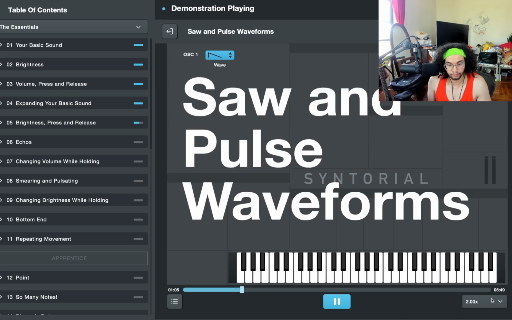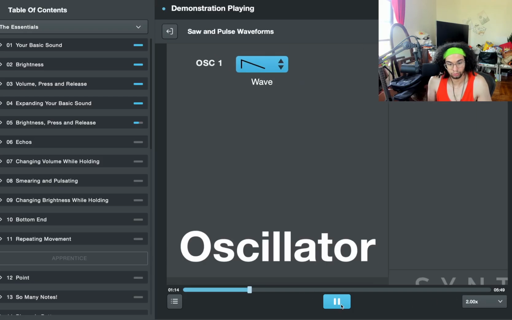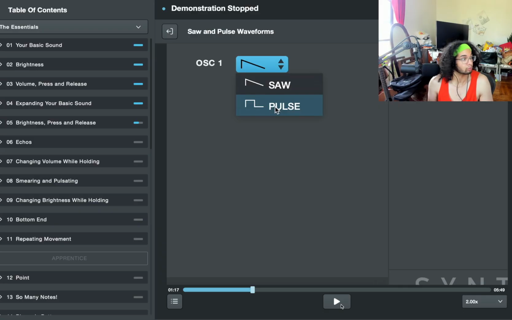Saw and pulse waveforms. Synth patches start with a waveform. This is your initial raw sound that's generated by the oscillator section. We got a drop down here in the oscillator section, and it gives us a couple different